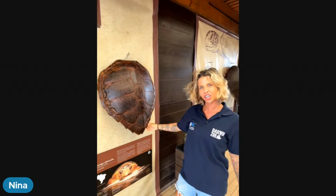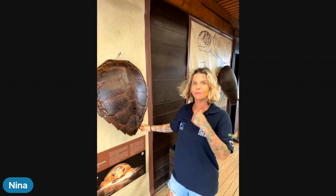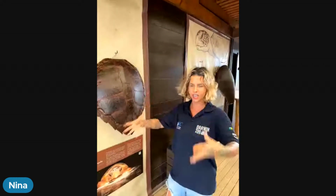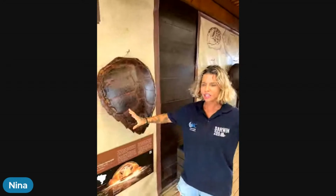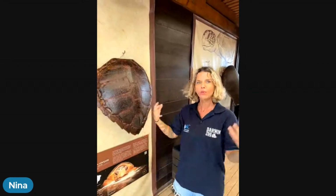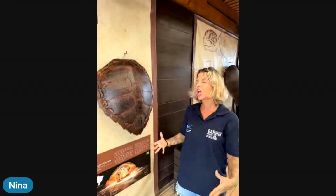The other turtle we have here is a loggerhead. The loggerhead turtle is actually more abundant in Bahia, and in Northeast Brazil too. Loggerheads have a very big head. So you know them from the species because they're the species that have the bigger heads. And why do they have these big heads? The loggerheads have